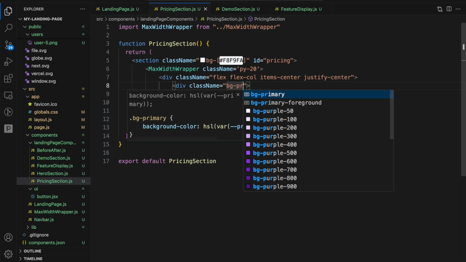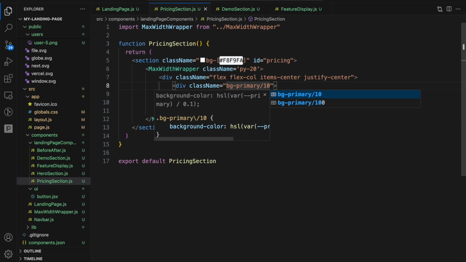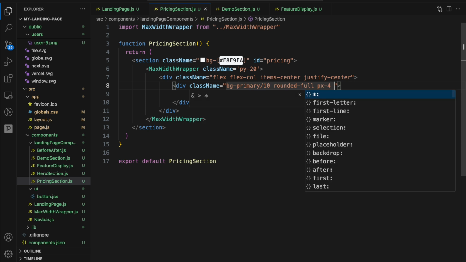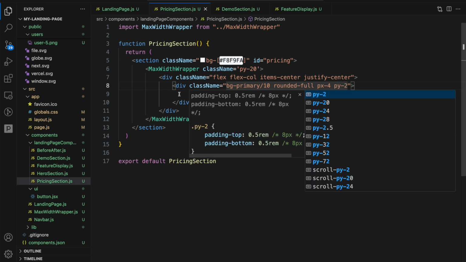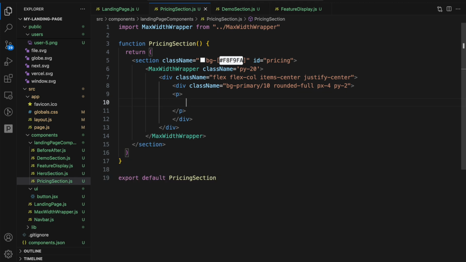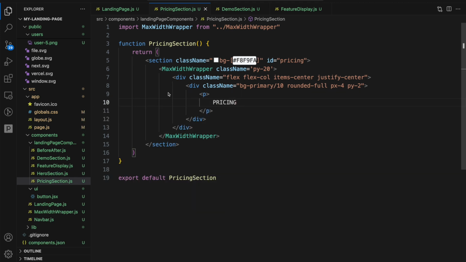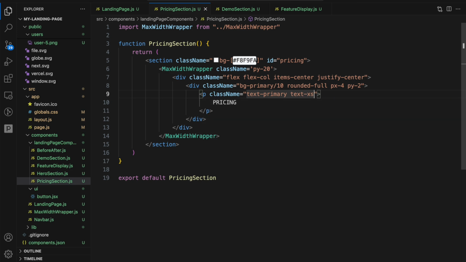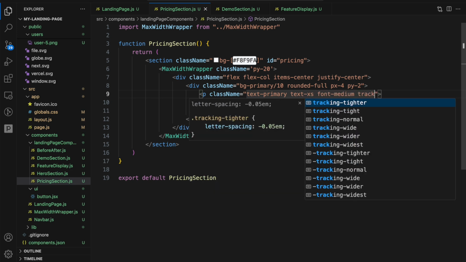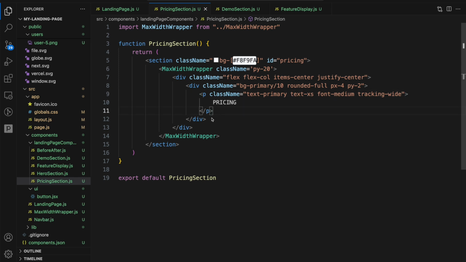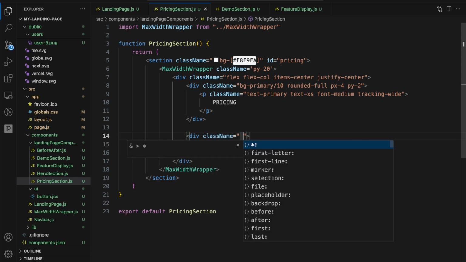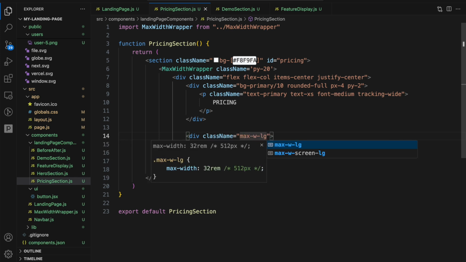class name bg primary slash 10% opacity rounded full padding x4 padding y2, and inside this div open a p tag saying pricing, and give this p tag a class name of text primary text extra small font medium tracking wide. So below the div, open another div with a class name of max width large text